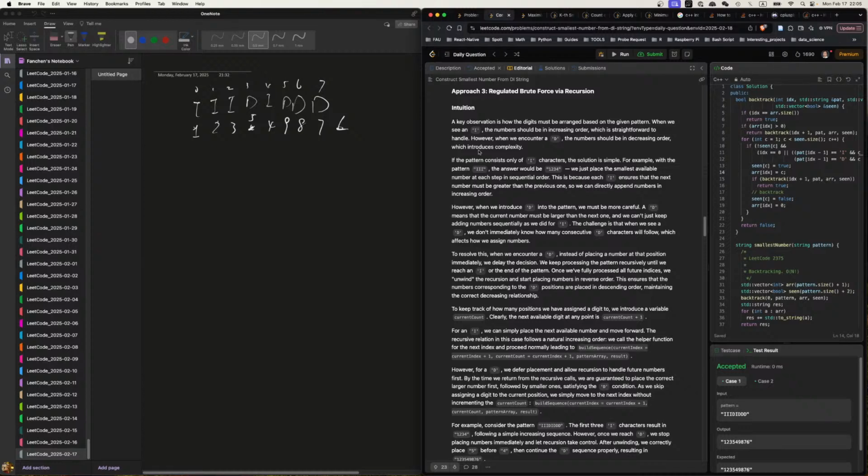That's true. If the pattern consists of I, then the solution is simple. Yes. However, if we introduce D, we must be more careful. A D means that the current number must be larger than the next one, and we can't just keep adding numbers sequentially. The challenge is that when we see a D, we don't immediately know how many consecutive D characters will follow. So basically, if we have a D, and the next one is